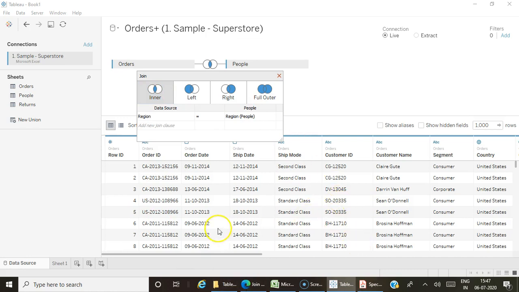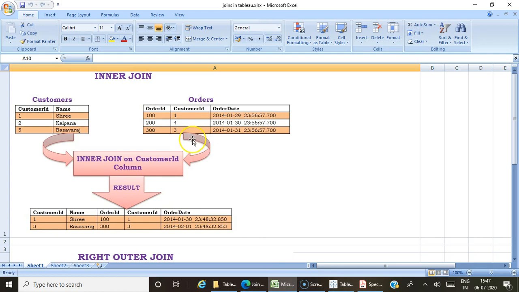So we have four types of join. First let's see what is inner join. When it comes to inner join, suppose you have two tables. Here I have customer table and order table. In customer table I have customer ID and name, where I have 3 records. In order table I have order ID, customer ID, order date. Here also I have 3 records.